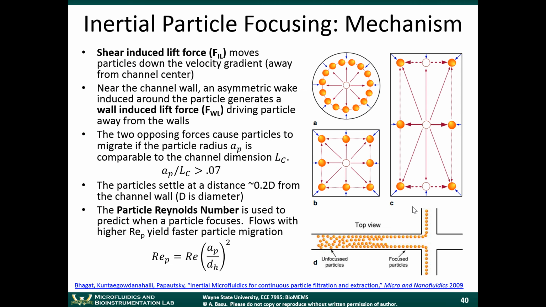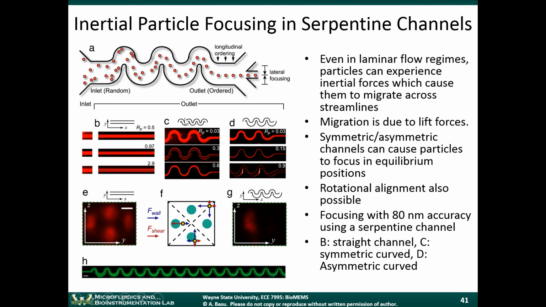So you don't necessarily need straight channels. You can do inertial particle focusing in serpentine channels. In this example, there's a bunch of particles that go into the channel, and the serpentine channel focuses them down. So this migration here, this was some of the early work where some of the inertial particle focusing techniques were